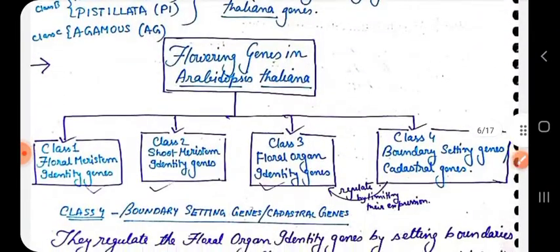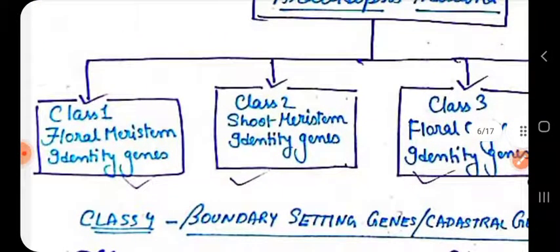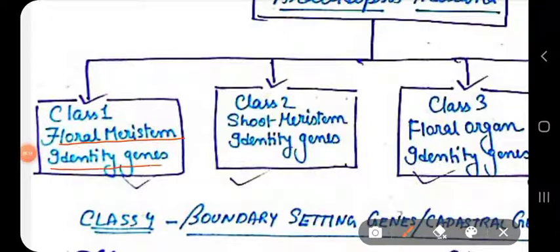So these are the different flower development genes. The first one is your floral meristem identity genes. Now these floral meristem identity genes are class 1 floral development genes. The function of these floral meristem identity genes is the transition of a shoot vegetative meristem to